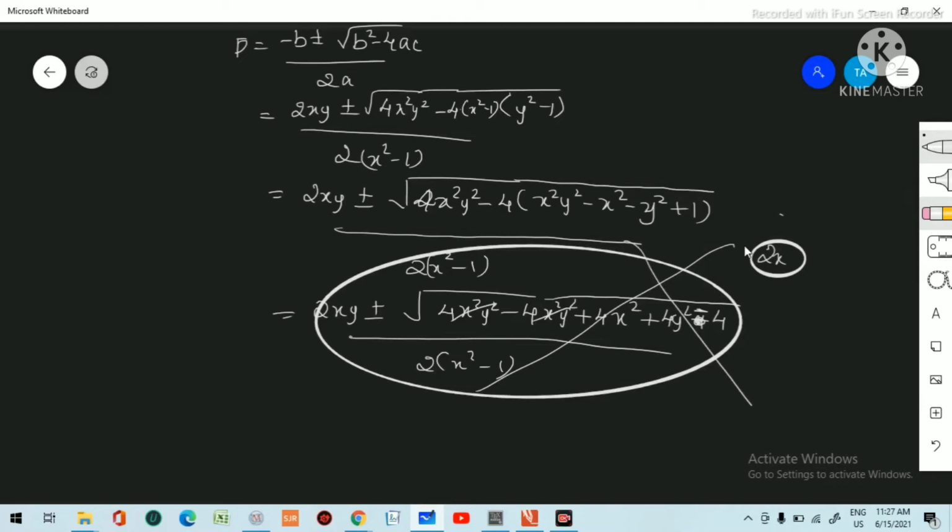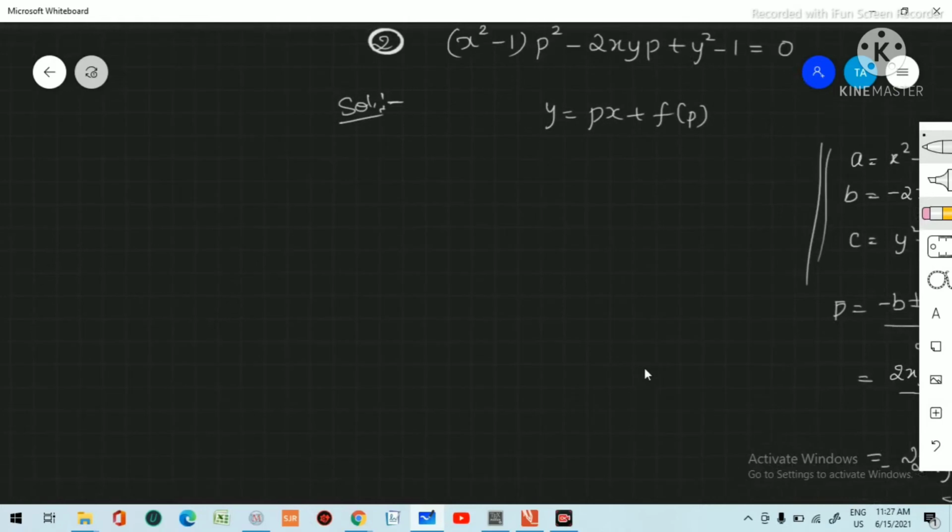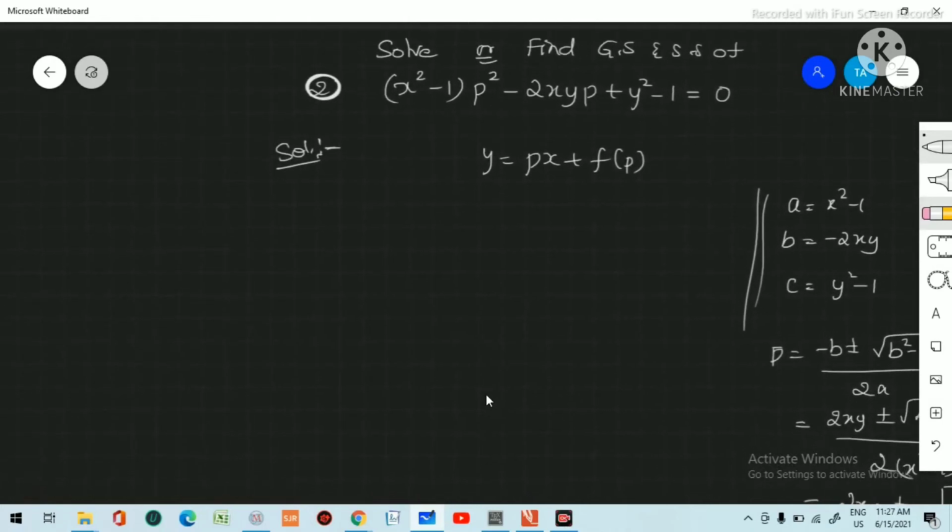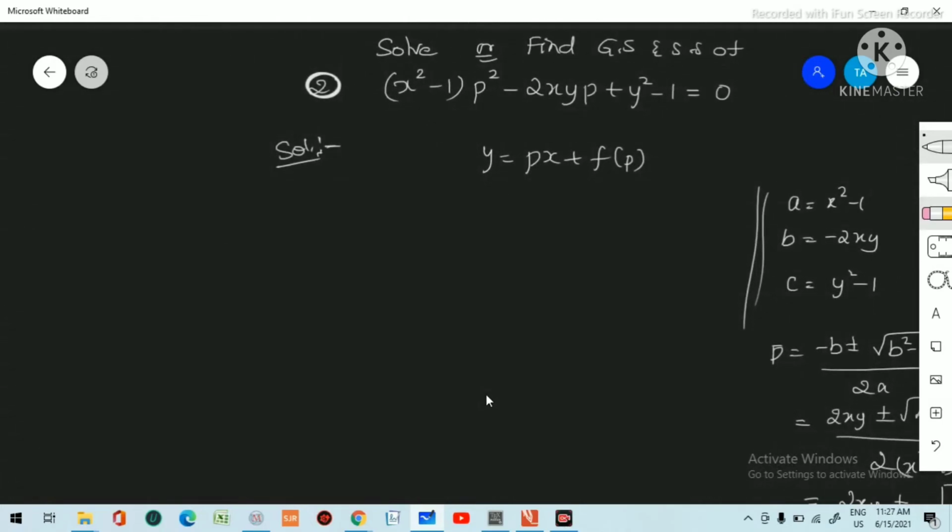In your practical they will ask only two forms. Either it is solvable for p or it is a Clairaut's form. Since it is not solvable for p, we have to solve through Clairaut's form. Understood? Manually what he has done is, everywhere in place of p he has substituted c for the general solution. But in the theory part, we will write this equation in terms of Clairaut's form first.